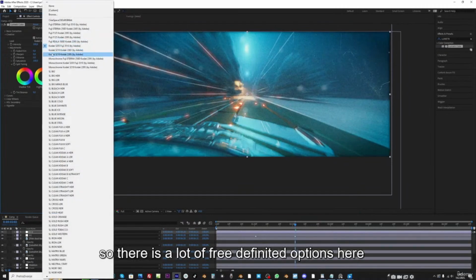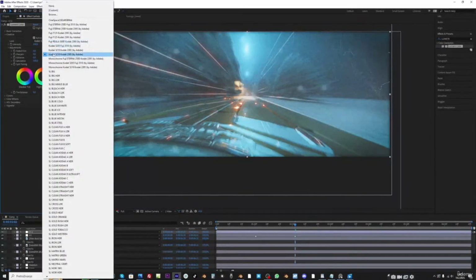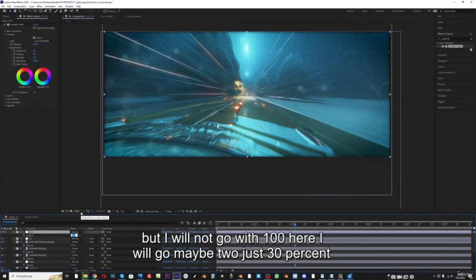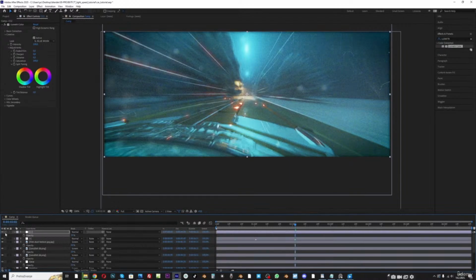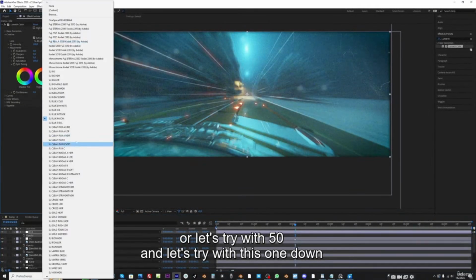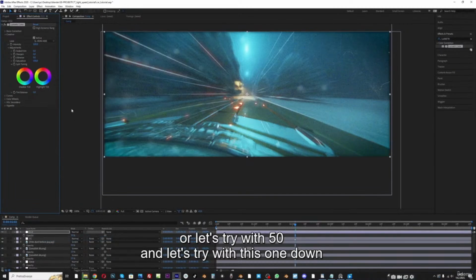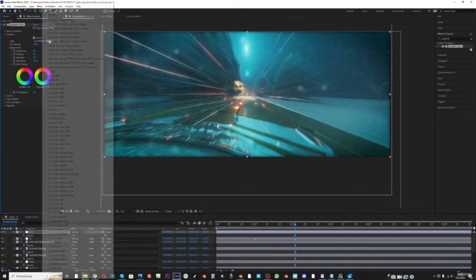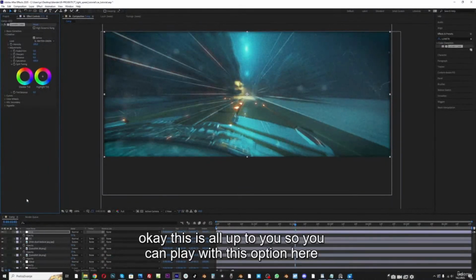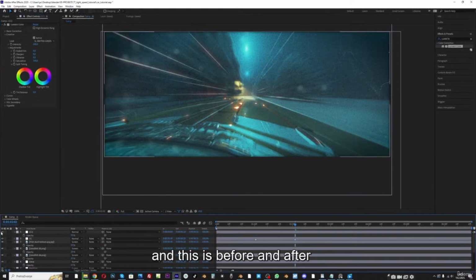So there is a lot of predefined options here, but I will not go with 100% here. I will go maybe to just 30%, or let's try with 50 and let's try with this one down. Okay, this is all up to you, so you can play with this option here, and this is before